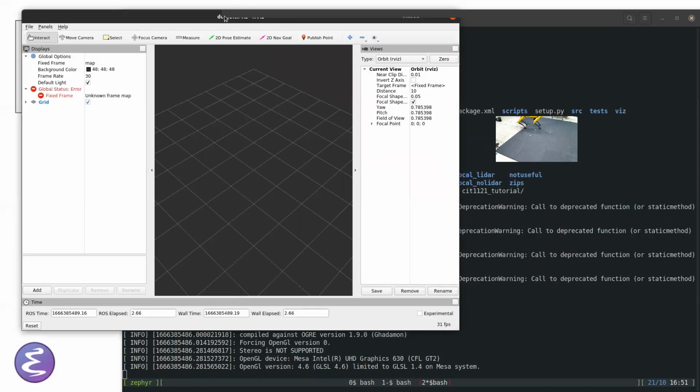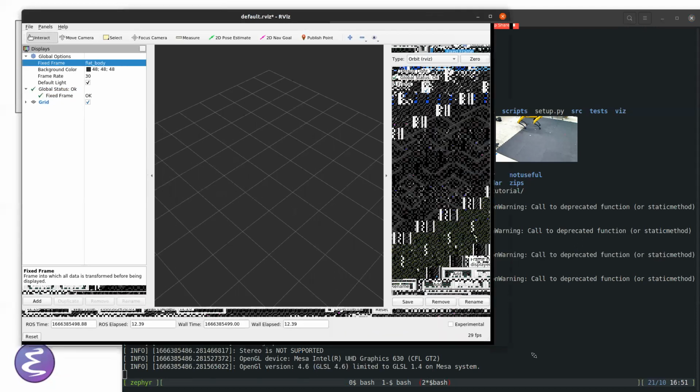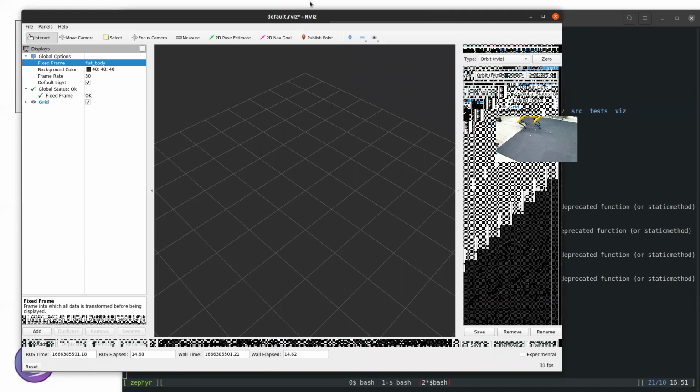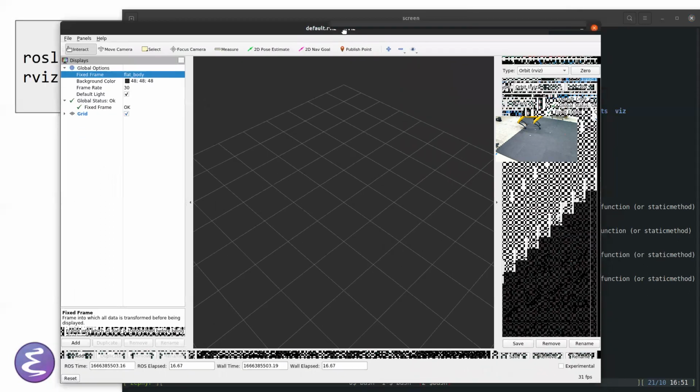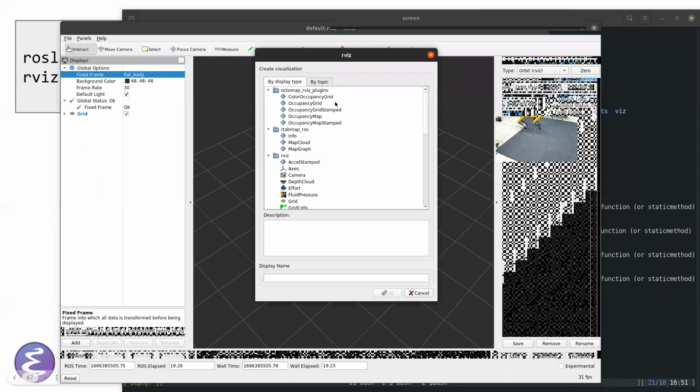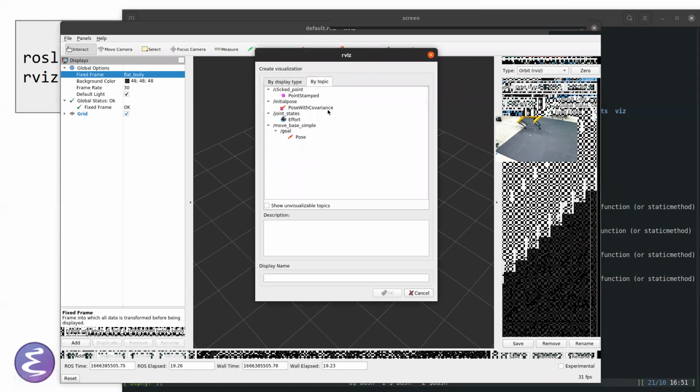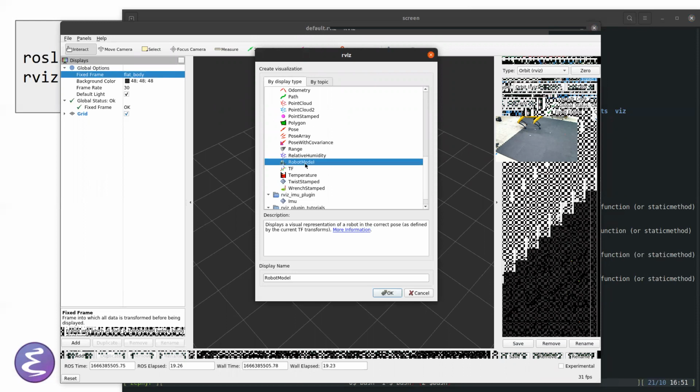And in Rviz, we have nothing right now. But if I set the fixed frame to be one of the frames for the robot, like flat body. No, flat body is like a frame on the ground that is not affected by tilting the body. So okay, actually, if I add a robot model in this Rviz,